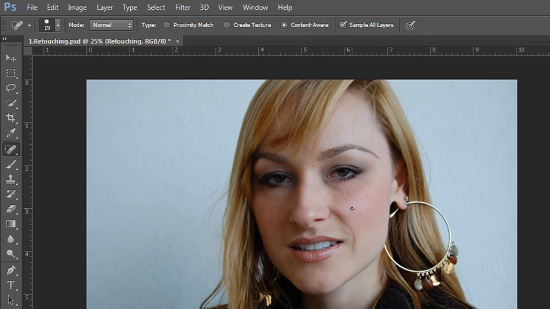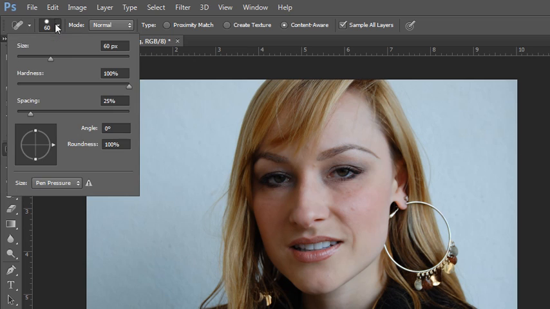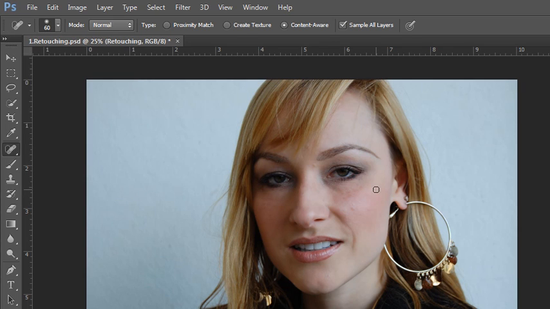So if I put my brush here, I might want to make it a little bit larger, and also make sure that I'm working with a soft edge, which will improve the correction while I'm working. For best results, you should also verify that the Content Aware option is selected on your options bar. For CS4 or earlier, you would only be able to choose Proximity Match, but CS5 and after, definitely choose Content